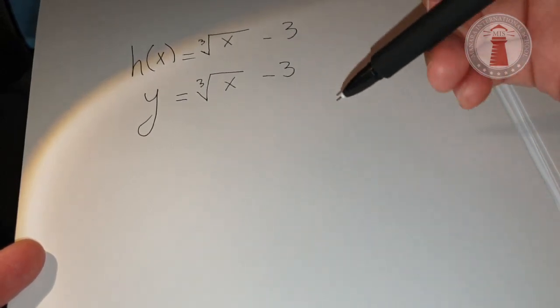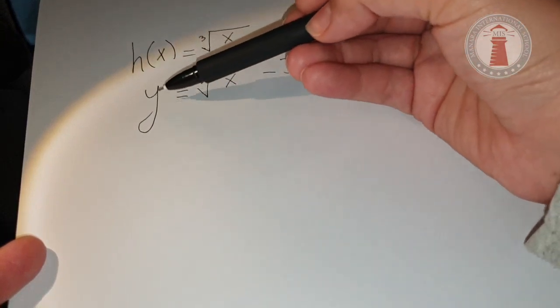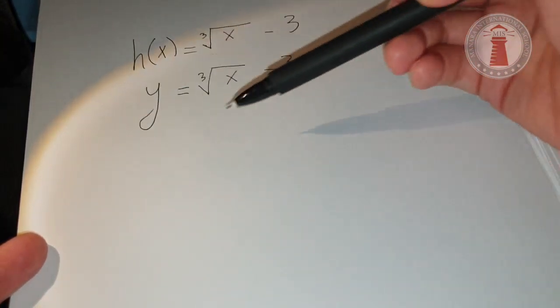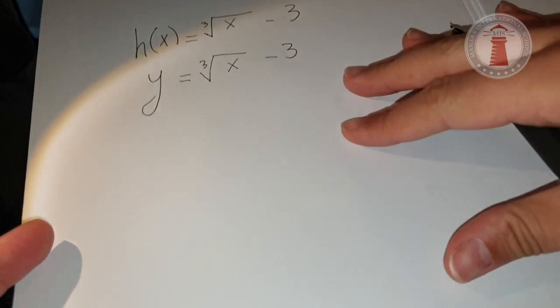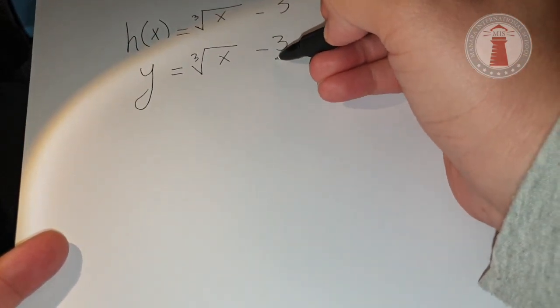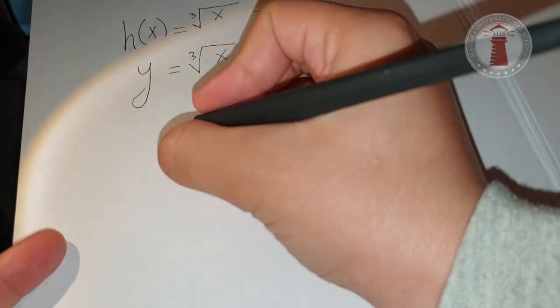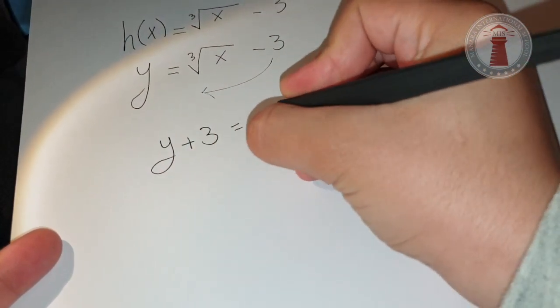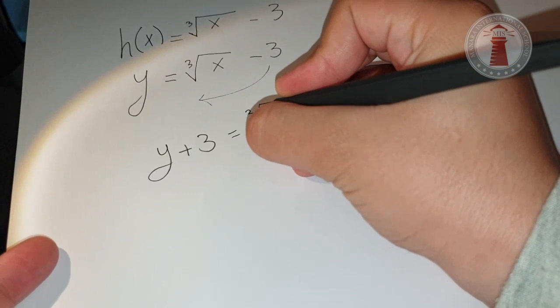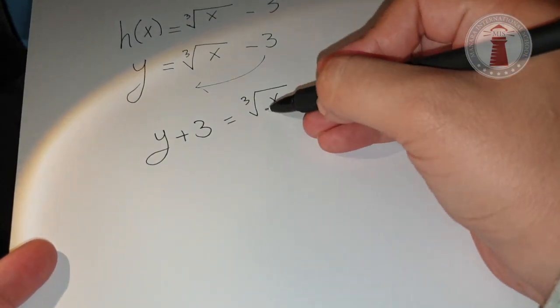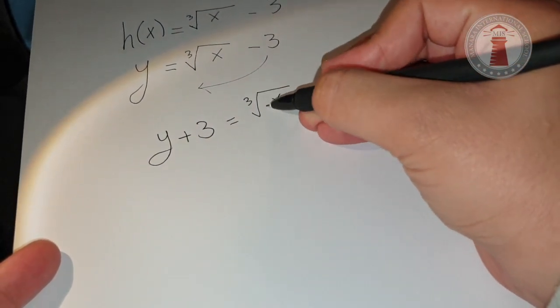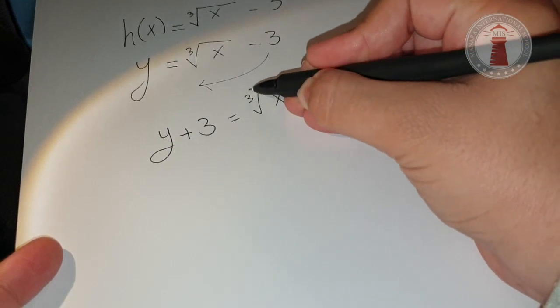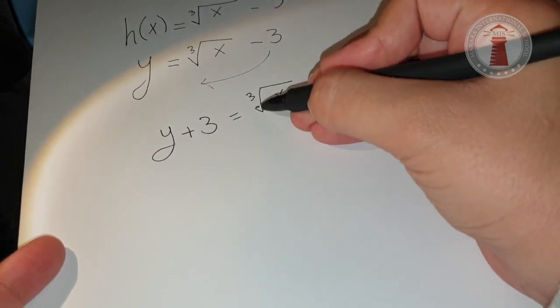Instead of having y equals something, we will have x equals something. So let's do this. First, we move the negative 3 to the other side, so it becomes y plus 3, that is equal to the third root of x. Now we need to get rid of the root in here. We need to use a power